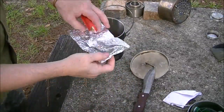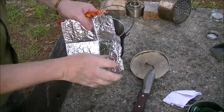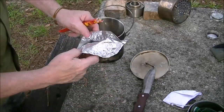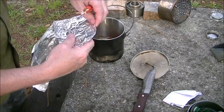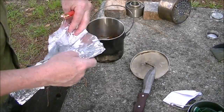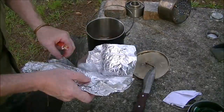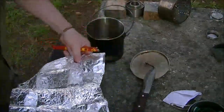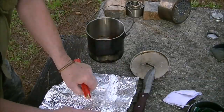Take a piece of that tin foil you're supposed to carry in the bottom of your pack. Good heavy tin foil. Unfold it without making too horrible of a mess of it. Just like that. And now